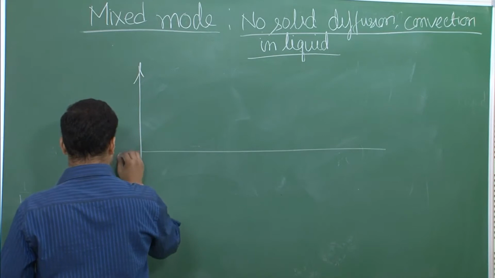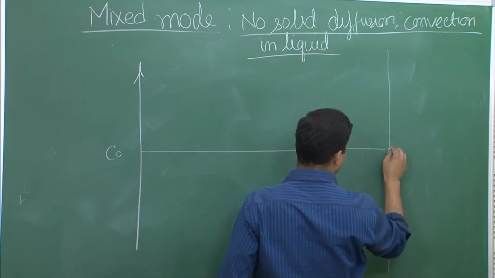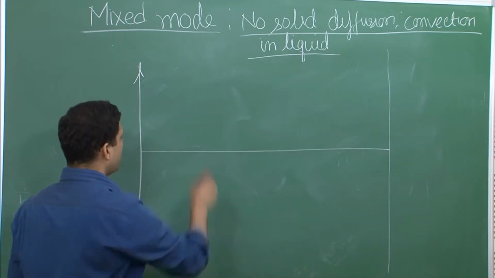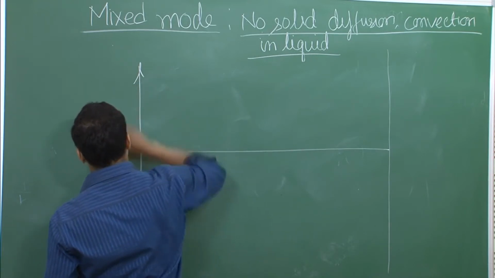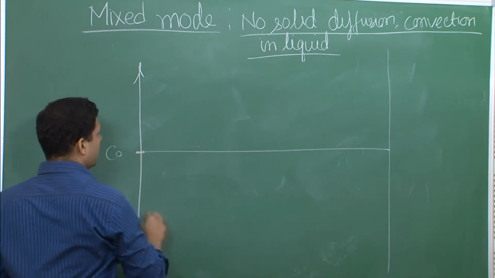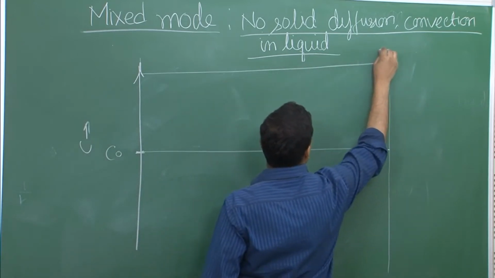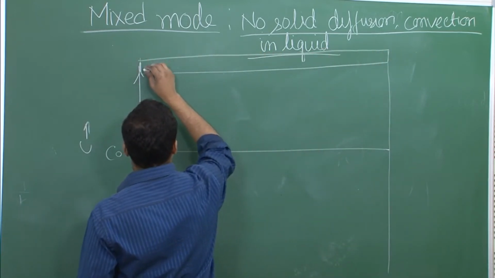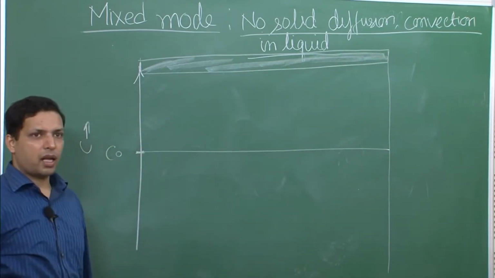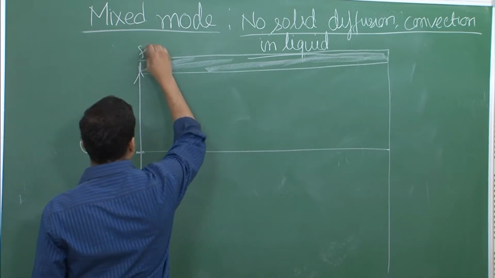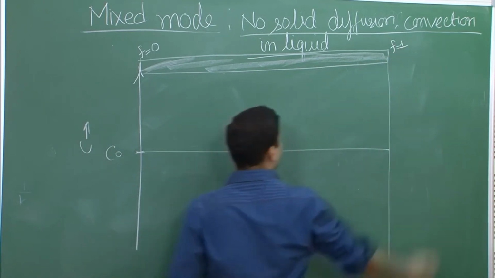This is our C naught, whatever alloy composition that we have taken, and we will put a line over here to describe this is the end of our crystal. So, remember, everything we are talking is, on the y axis we have concentration, and this particular concentration value is C naught. Everything that we are talking is in terms of the single crystal that we are trying to grow. We may describe it by some length, or we may describe it by fraction. So, if we are describing by fraction, this is f equal to 0, this is f equal to 1.